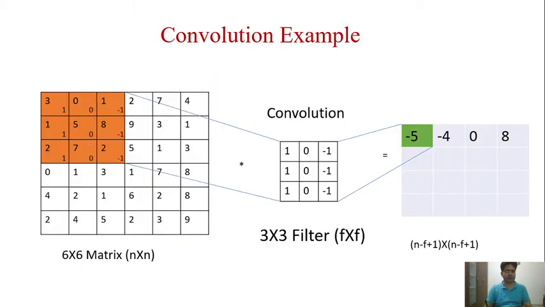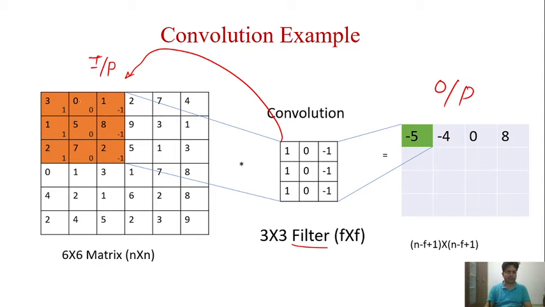So let's look into this input matrix. This is your input matrix, this is your filter as given here, and here we will have the output matrix. Now the question is how this particular value is coming. What we are doing is taking this filter and putting it here on top of the input matrix, because it is 3 by 3, so it partially covers this input matrix.